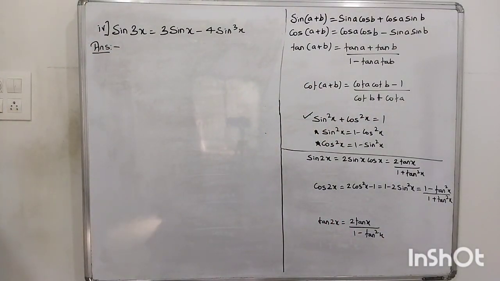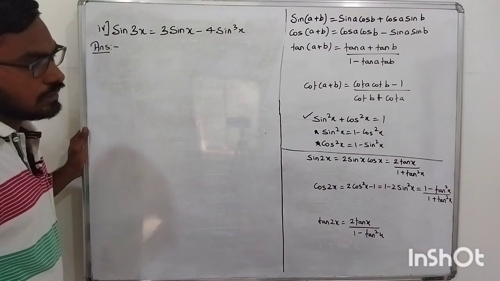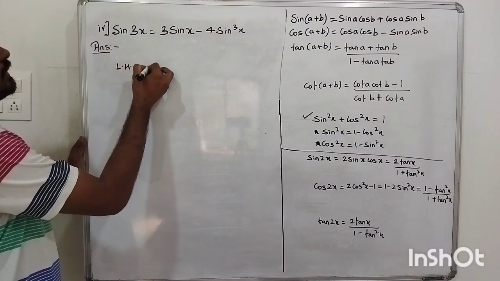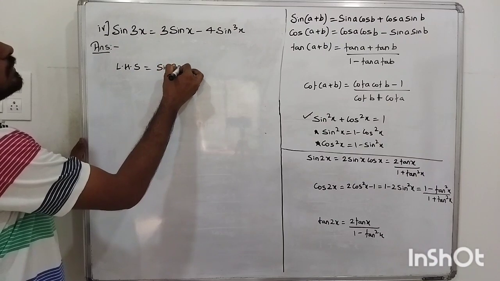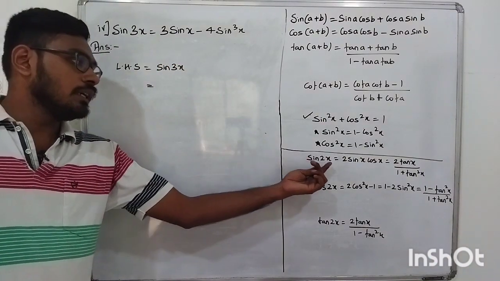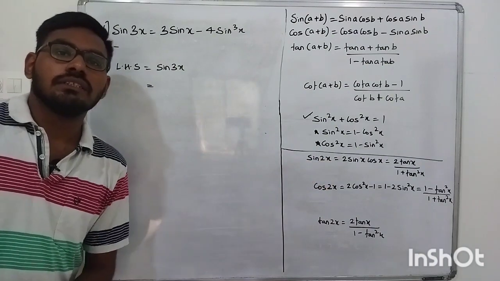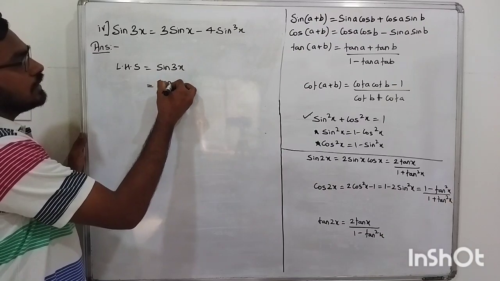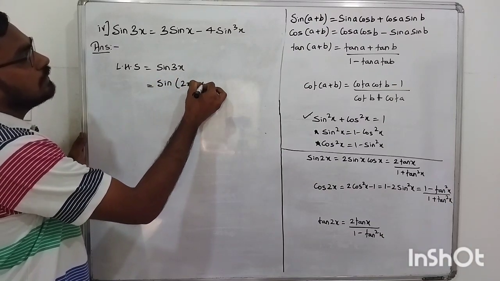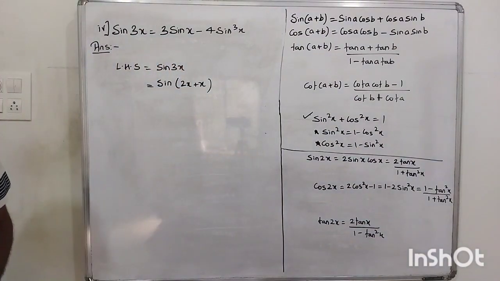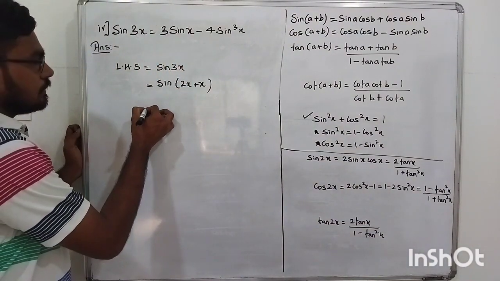So one by one we are going to use this. Now sin 3x is equal to this, correct? Now LHS is equal to sin 3x, so you have to prove. Now we'll write sin 3x as, see, when it was sin 2x we wrote it as sin of x plus x. Here we'll write it as sin of 2x plus x, because sin of 2x also we know now. Sin of 2x is this, we know already, so I can use that. Okay, so sin of 2x plus x,